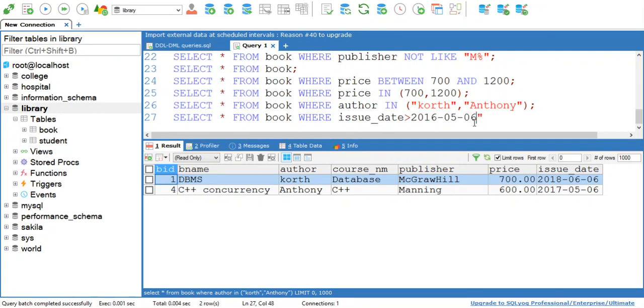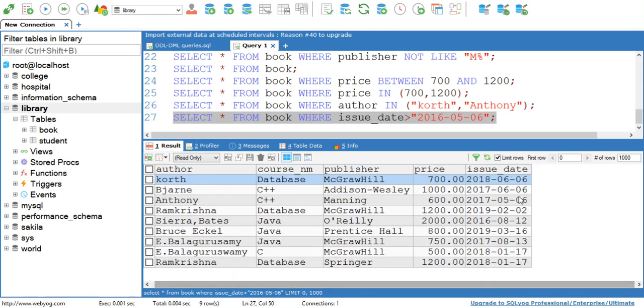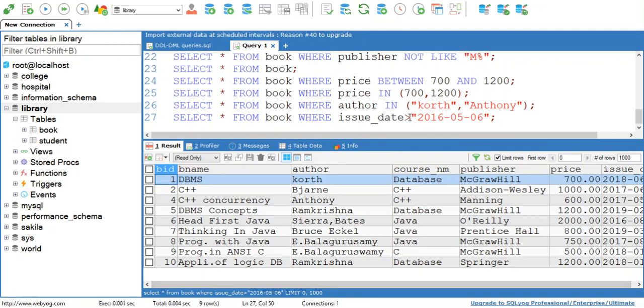So my query is select star from book where issue date is greater than this given date. Then it will give you the data for all the books that are issued after 2016. See here, you can verify the issue dates of the books: 2018, 17 and 19. So this is how the greater than operator can be used.